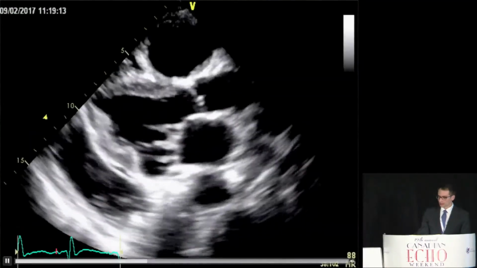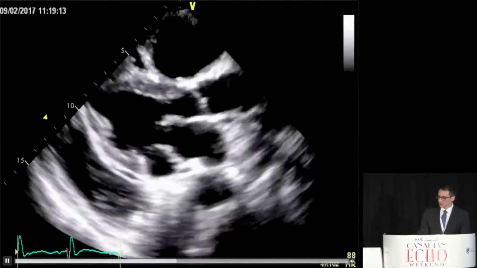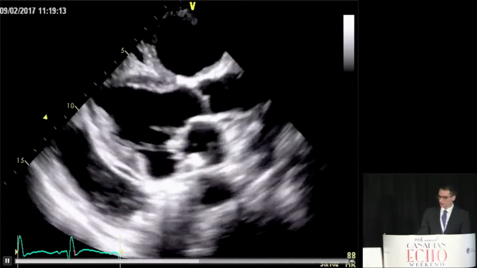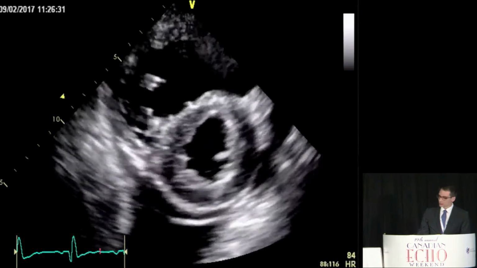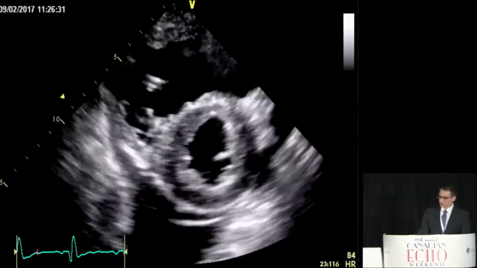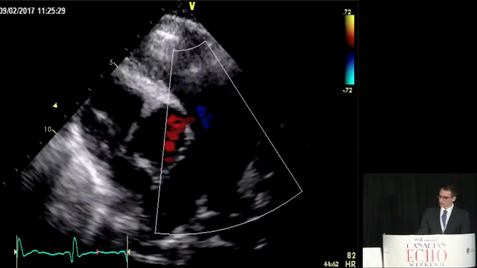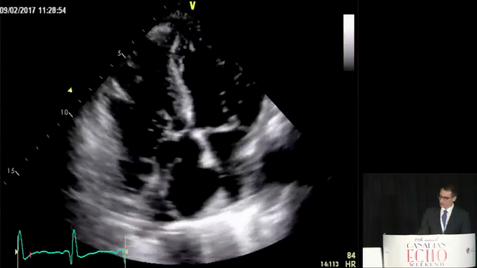So this is from an echocardiogram performed in February of this year. You can appreciate a parasternal long axis view with an enlargement of the RVOT, thickening of the IVS, left ventricular hypokinesia, as well as a left ventricular apical aneurysm. This parasternal short axis view shows flattening of the IVS in both systole and diastole. We can appreciate moderate pulmonary regurgitation here with no evidence of obstruction.